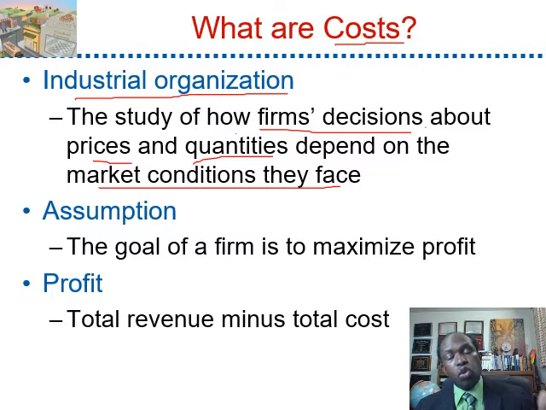The market conditions also depend on the price of the inputs or resources they use. For instance, labor. If wages go up, they are going to produce less because it costs them more. If transportation costs increase, they are going to produce less too. Also, the market conditions depend on technology. If they have a new and better technology, they will be able to produce more. So market conditions are the key to how firms make decisions.